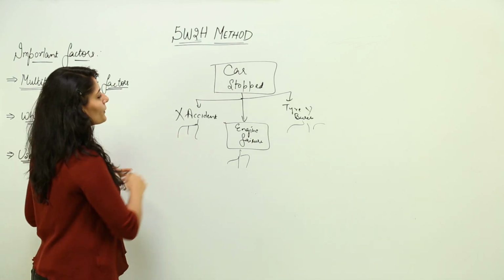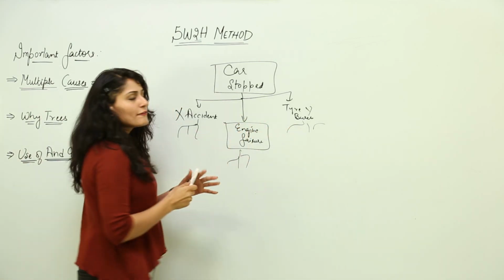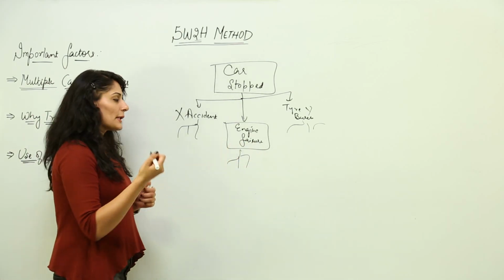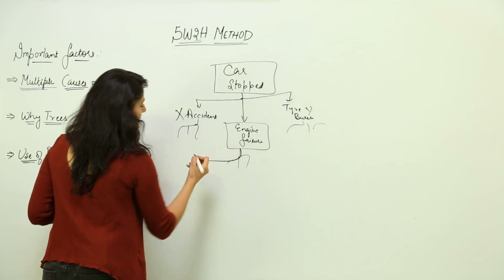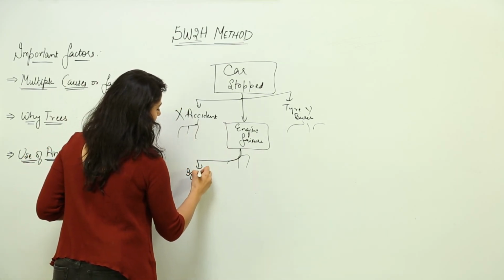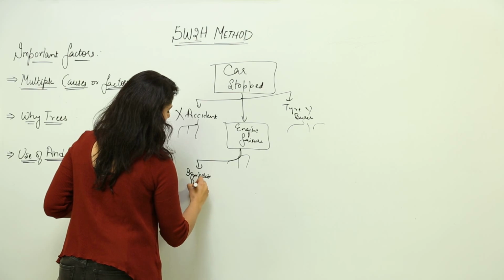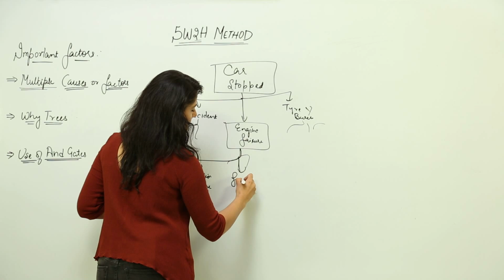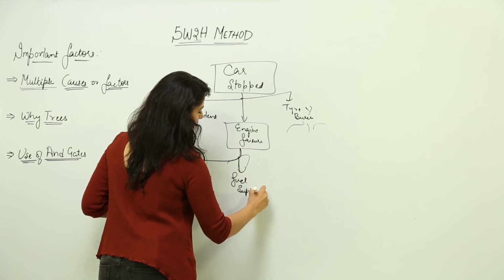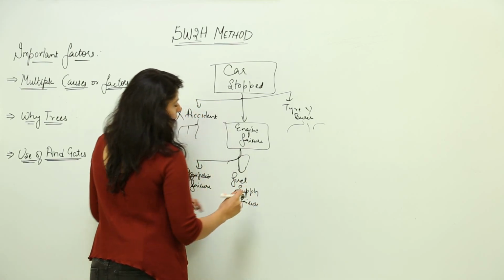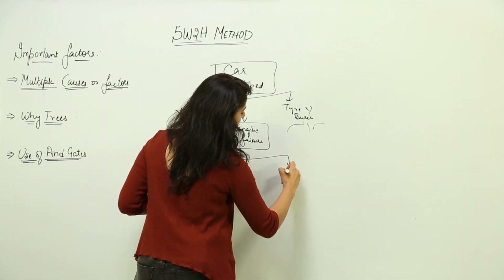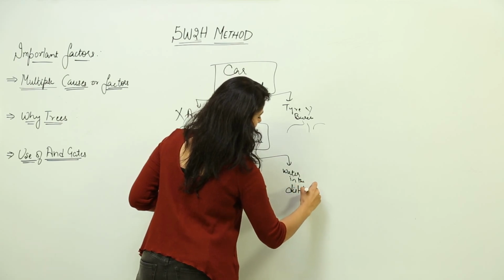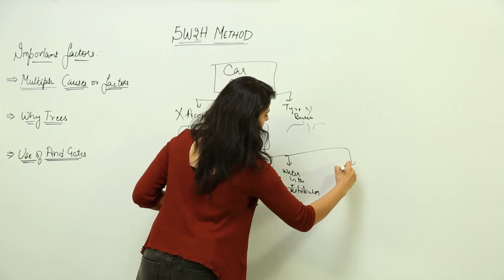For example, here I won't branch out for accident or tire burst, I will only branch out for an engine failure. Now what can lead to this engine failure? There can be many factors now, right. So basically it could be ignition failure, or it could be due to fuel supply failure, or it could be due to water in the distributor, or compression might be lost.